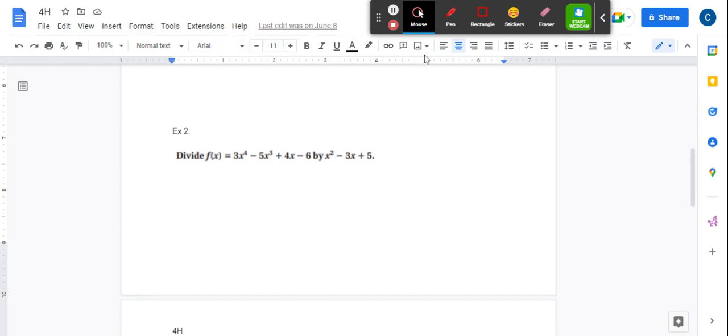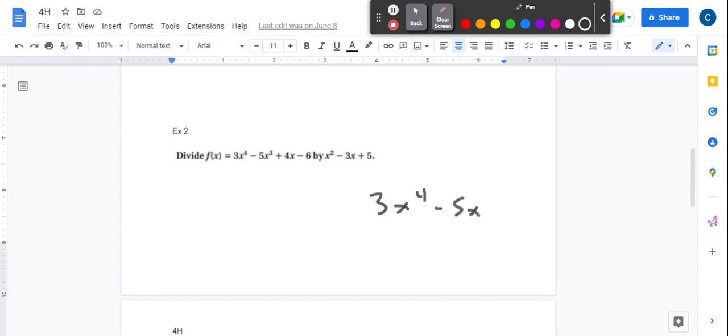All right. So if we have this polynomial f of x and we want to divide it by x squared minus 3x plus 5. Okay. First of all, we need to rewrite f of x with all the exponent terms. So we see 3x to the fourth minus 5x cubed plus 4x minus 6. What we don't have is an x squared term in there, so we need to put it in there. Okay. So what that becomes is 3x to the fourth